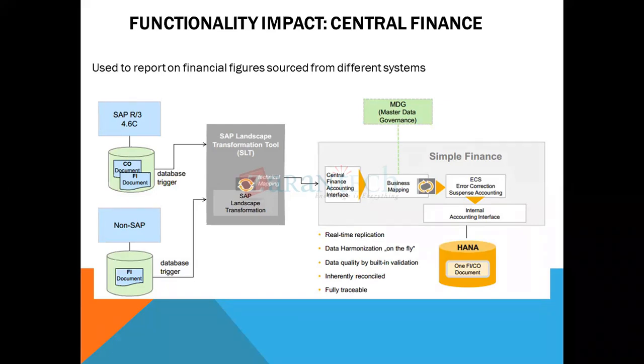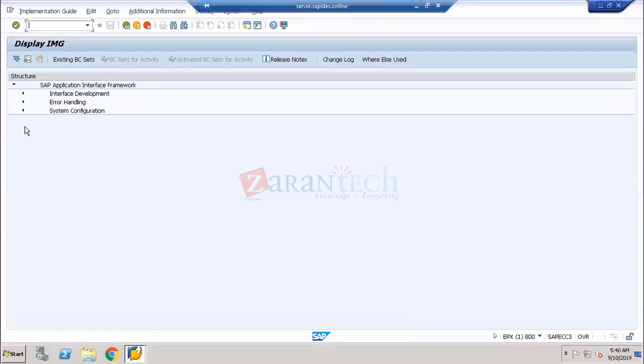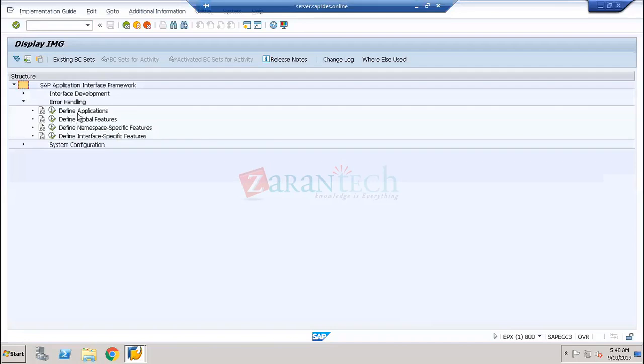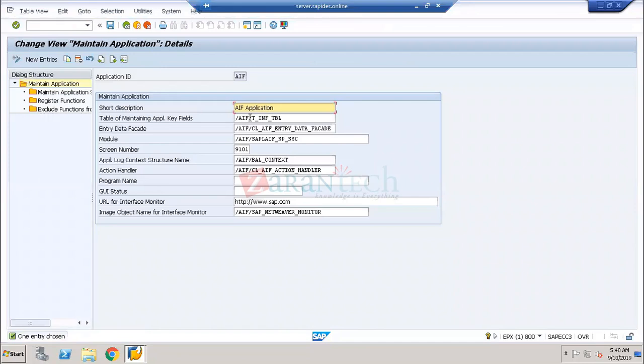AIF is the Application Interface Framework. In it, those 50 documents are shown in a separate log. First I need to build the AIF interface structure mapping, and I will show all of this. In the defined application, you can see from which application these 50 documents came and what the error is. For example, mandatory information such as cost objects may be missing, which is mandatory in SAP S/4HANA, or there may be decimal place issues, or an account number not properly mapped. A lot of error correction has to be done. It is part of the duty of the Application Interface Framework, and a consultant is going to monitor all this on a day-to-day basis. Very important, so during his monitoring, he will